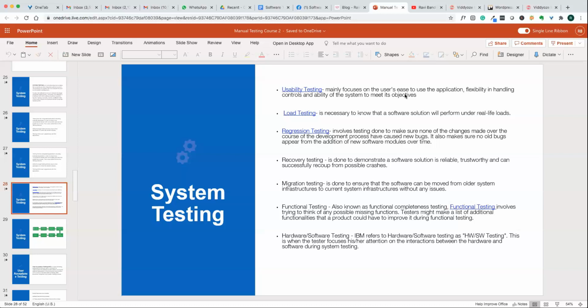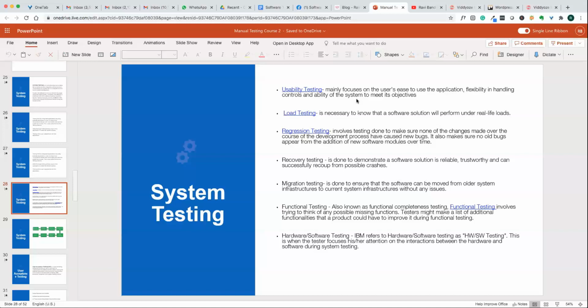Even though developers have some idea how the system is used when they develop it, actual users have the most common functions that need to be easily usable in the application. That is called usability testing. Mostly it's done keeping the users' point of view in mind, not technical testing. So load testing is performance testing.